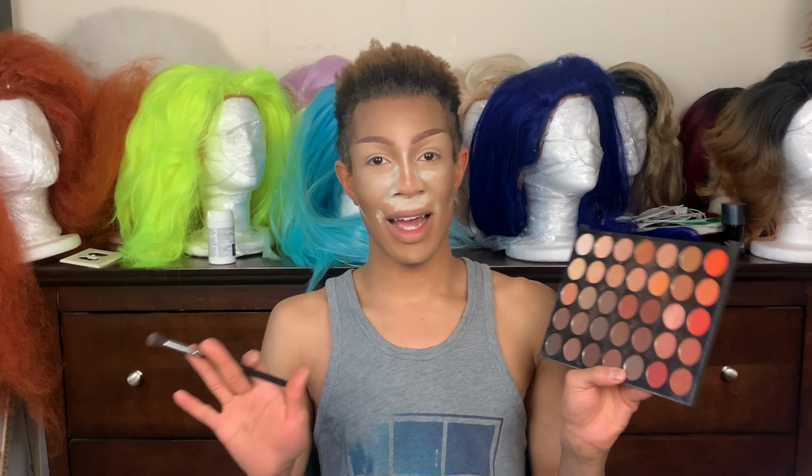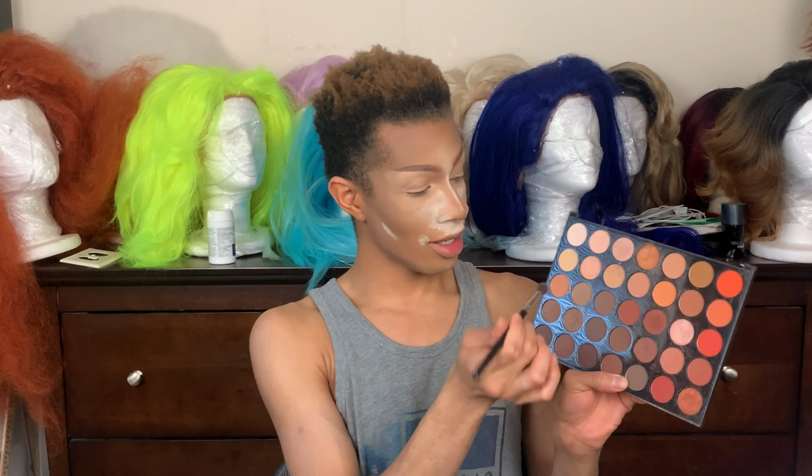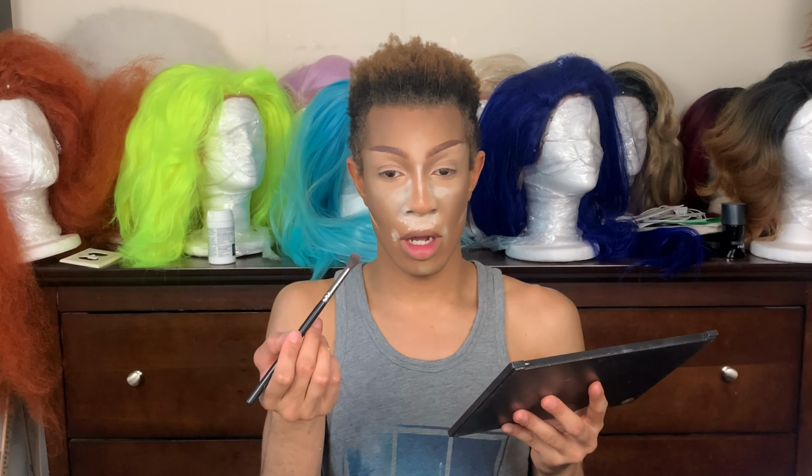First of all, don't judge me. I've had this palette a very long time. Yes, I did break it, but whatever. We're gonna go in with this color right here. We're going to trace the shape that we want with this first, and it's also gonna be our transition color,